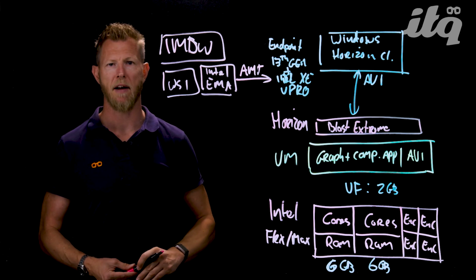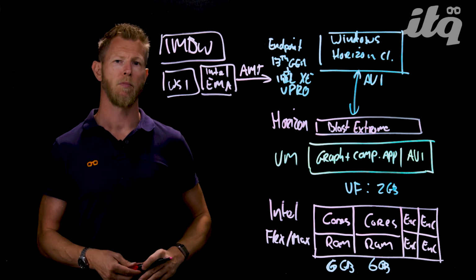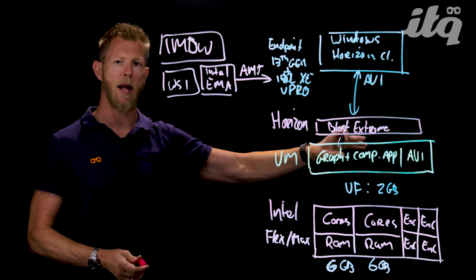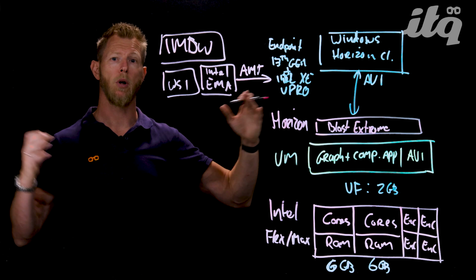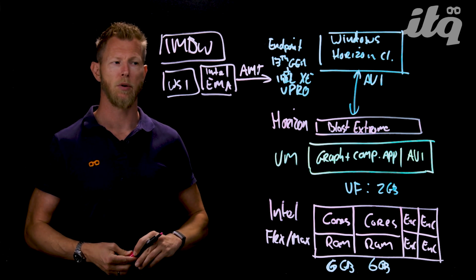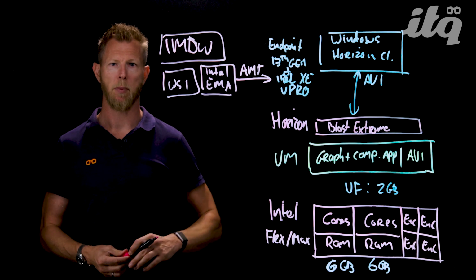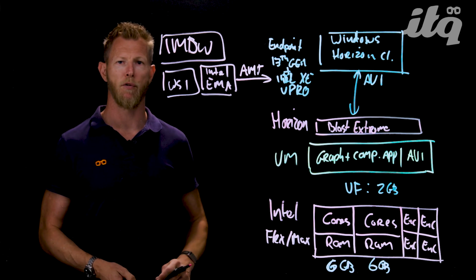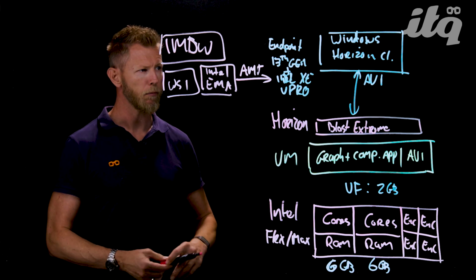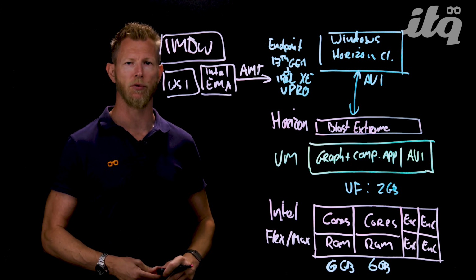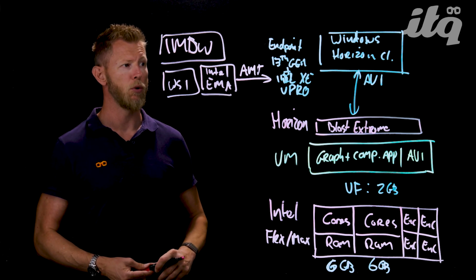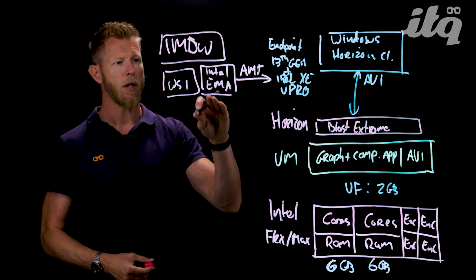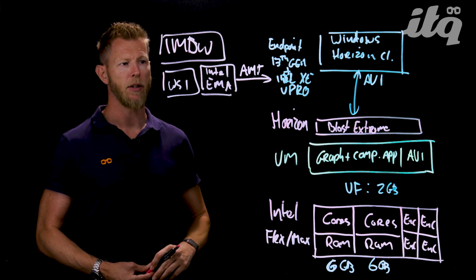Some of our customers, for instance, have unmanned endpoints. It could be an endpoint that sits somewhere in a closet that no one ever visits, but it's attached to a large screen that is utilized to display messaging or commercials or videos or PowerPoints for people at the reception, stuff like that. And in that case, you still want to remotely manage those physical endpoints as well, to, for instance, update or upgrade them, patch them. So what we could do utilizing our Intel EMA